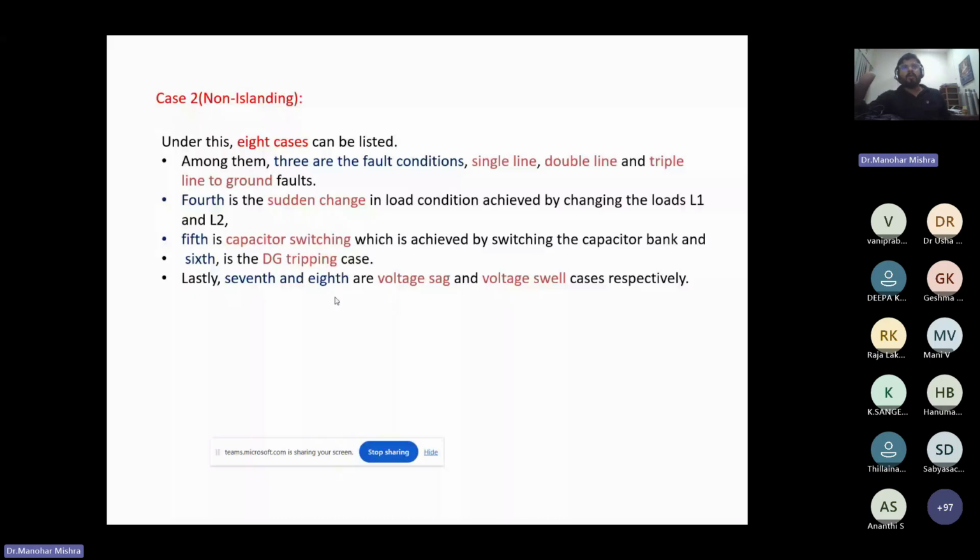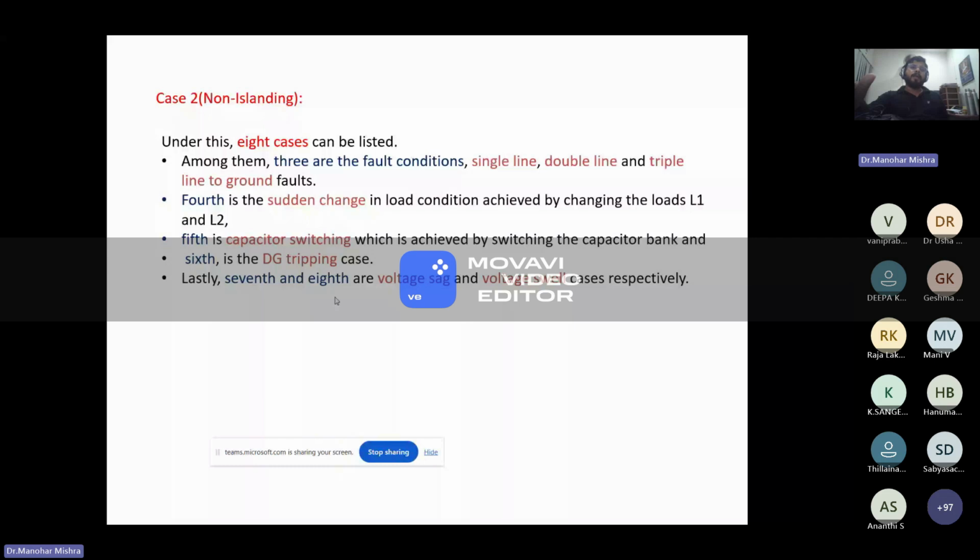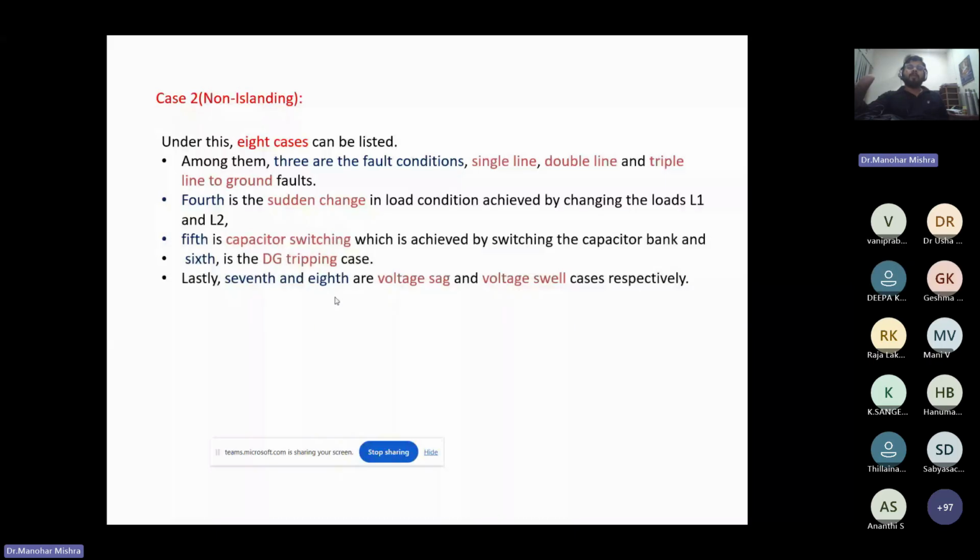Okay, so here also we have simulated the non-islanding conditions, that is cases 1, 7 and 8, voltage sag and swell. Then we extract the features. The multi-resolution analysis we kept, as I already mentioned, that is the approximate and detail